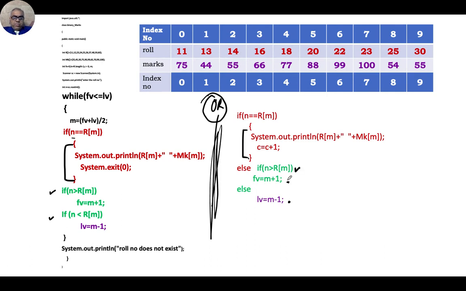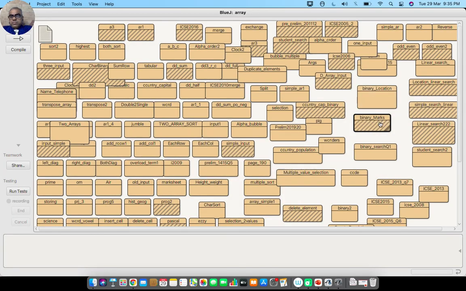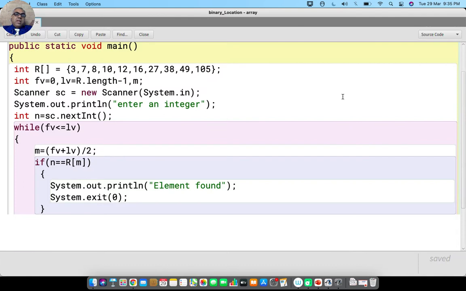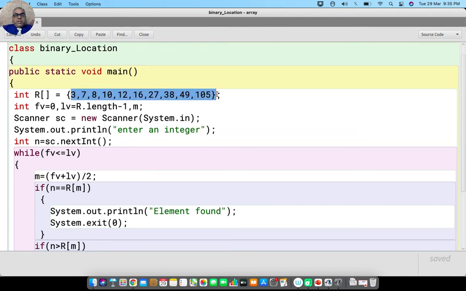So if I take you to the program, like binary linear search, here also the program could just print data found or data not found. I can print the location, I can print the corresponding value. Here I have a set of data.